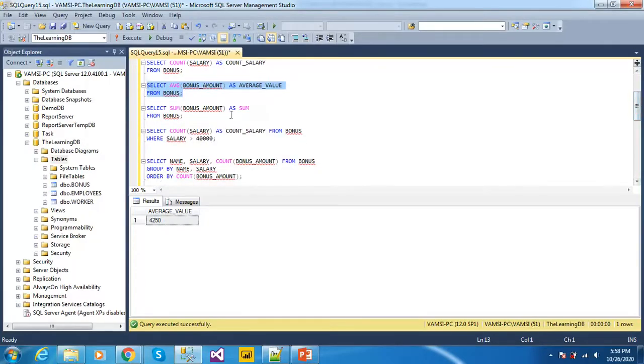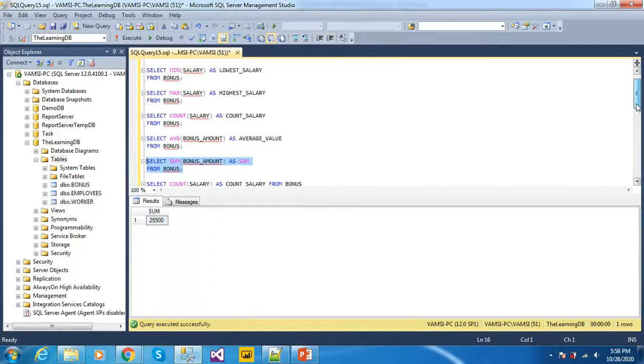Let us see what is the sum of the column bonus amount from the table bonus. It will give the total sum. It will add all the rows of the column bonus amount, and the total sum of the column bonus amount is 25,500. Suppose let us run all the 5 queries at a time.